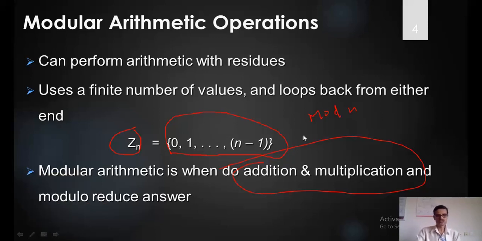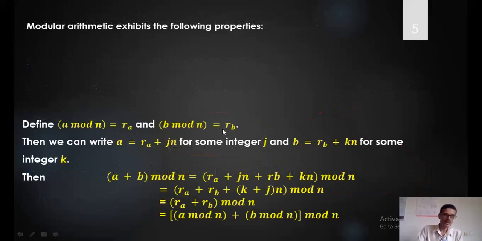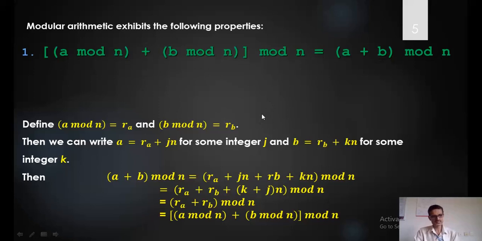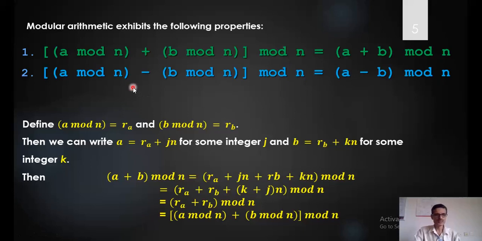Now, what are the operations possible that we will see now? We can perform these operations. Let us say these are a few properties of modular arithmetic under the modulus n function. First, (A mod n plus B mod n) mod n, where A is an integer. When you add these and take the residue, it is equal to (A plus B) mod n. So the left hand side is equal to the right hand side. I'll prove that later.